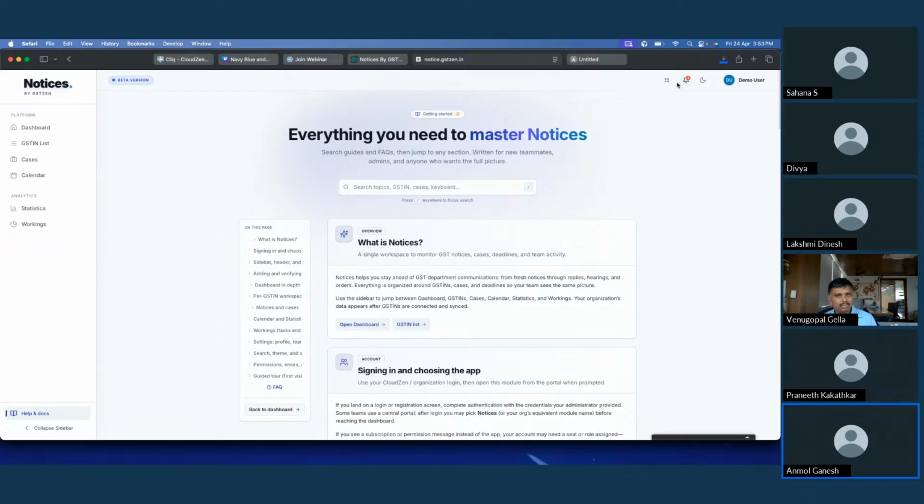So yeah, we also have one more section on the top, our notification model. Let's say I have added a new event or created a new task, and if you want to know what has been done, it will be clearly visible under the notification section here.